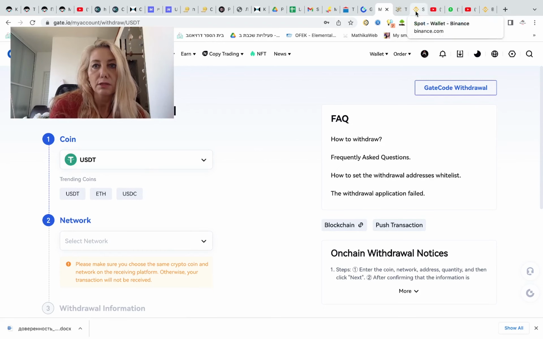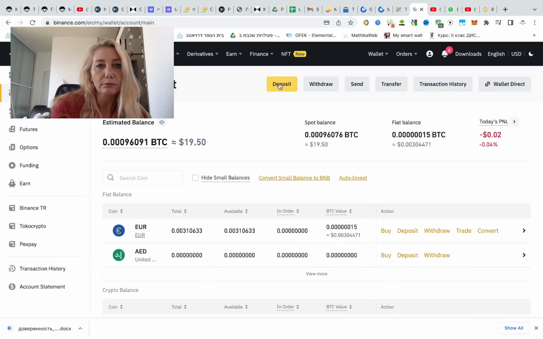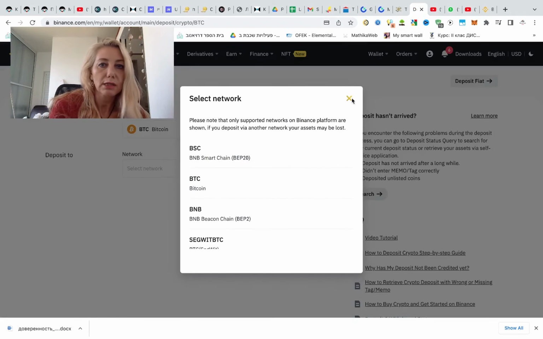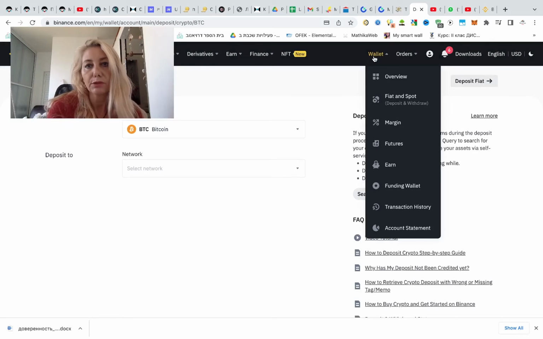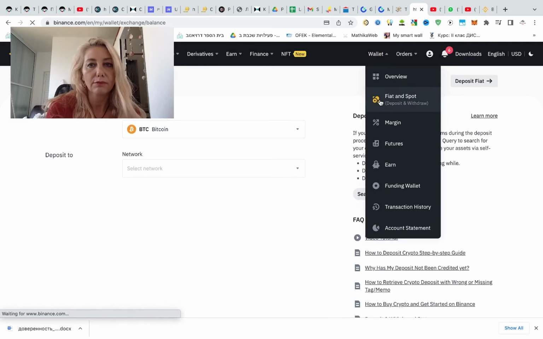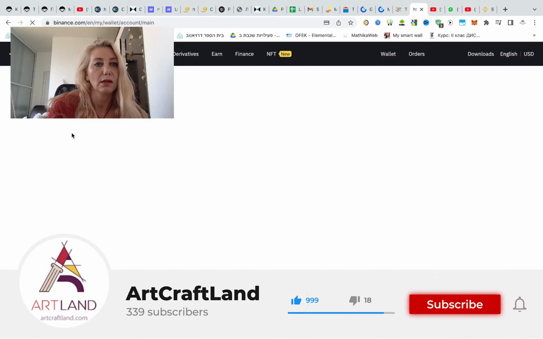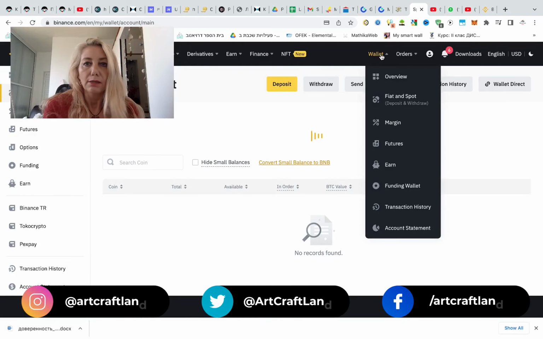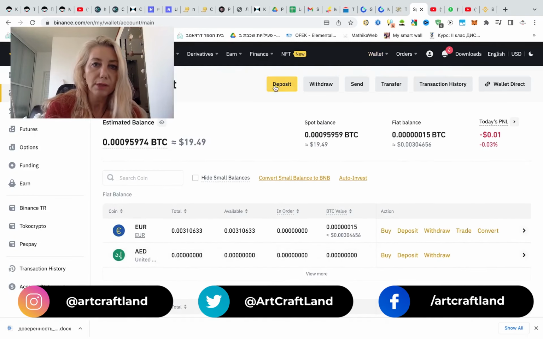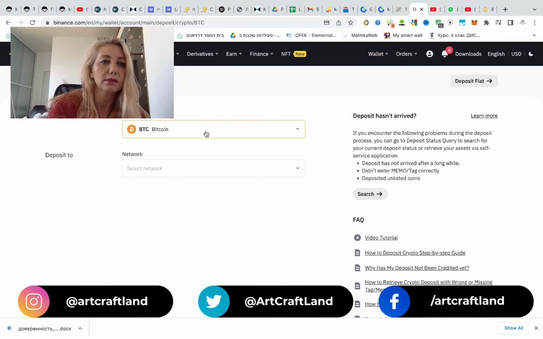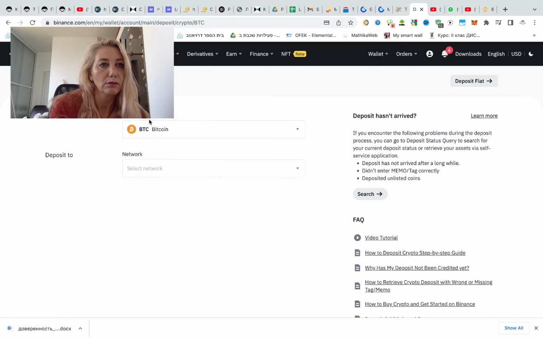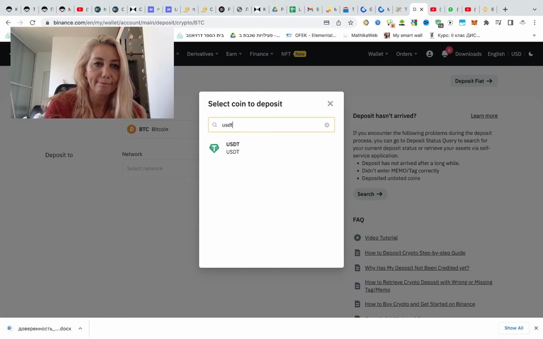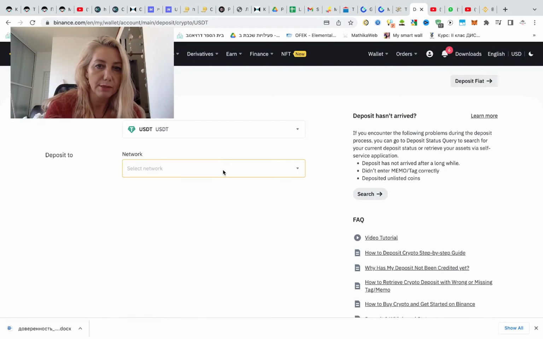And of course, I'm opening here my Binance, and you can see that it's very easy from here, from wallet. I just can see from fiat and spot, I can see all my money. And from the deposit button, I can start making a deposit to my Binance wallet. So here I would like to choose USDT